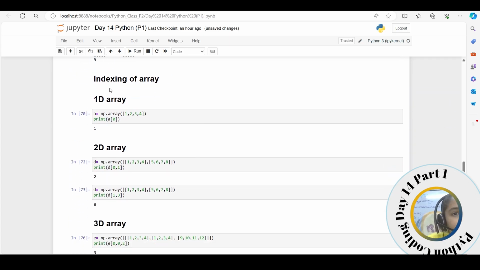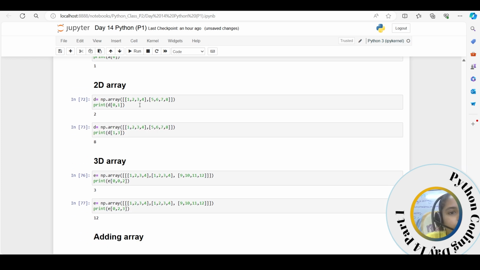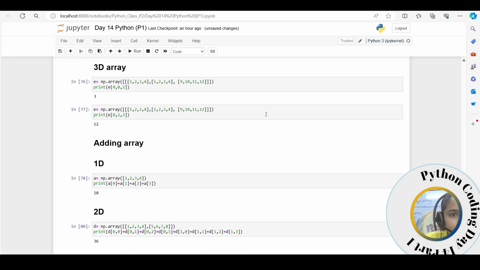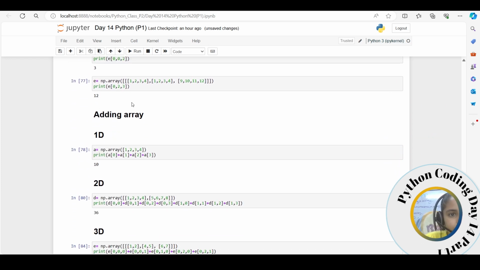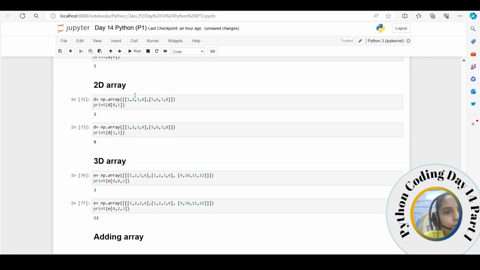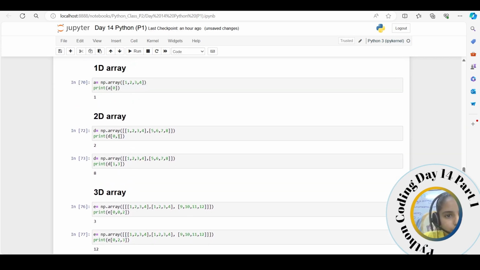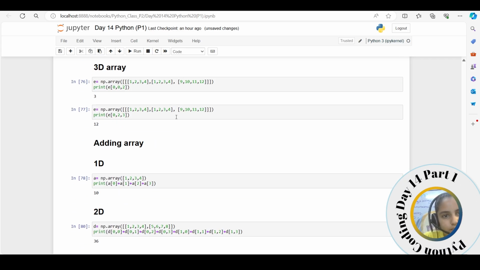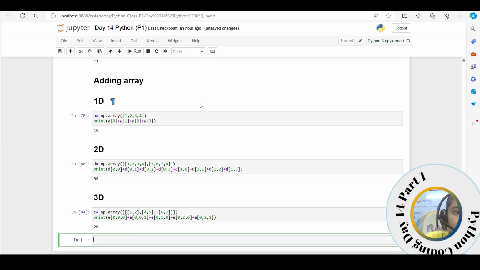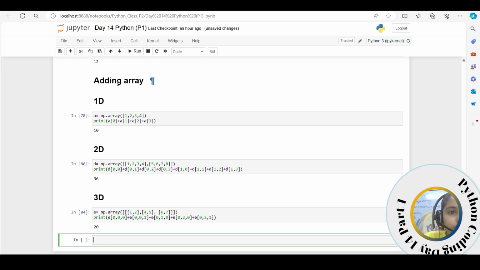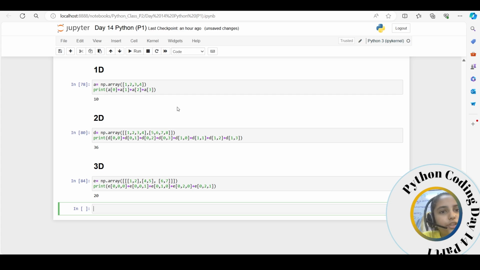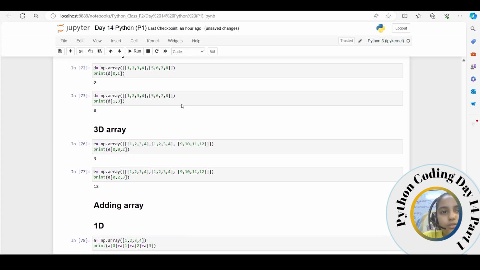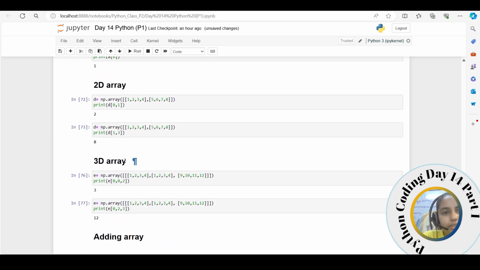We have learned about indexing of 1D, 2D, and 3D arrays, because they differ in how to do indexing: we use 0 and 1 over here, and 0, 0, 1, and like this. Now we have learned about adding arrays, and we should know how to do indexing of 1D, 2D, and 3D arrays